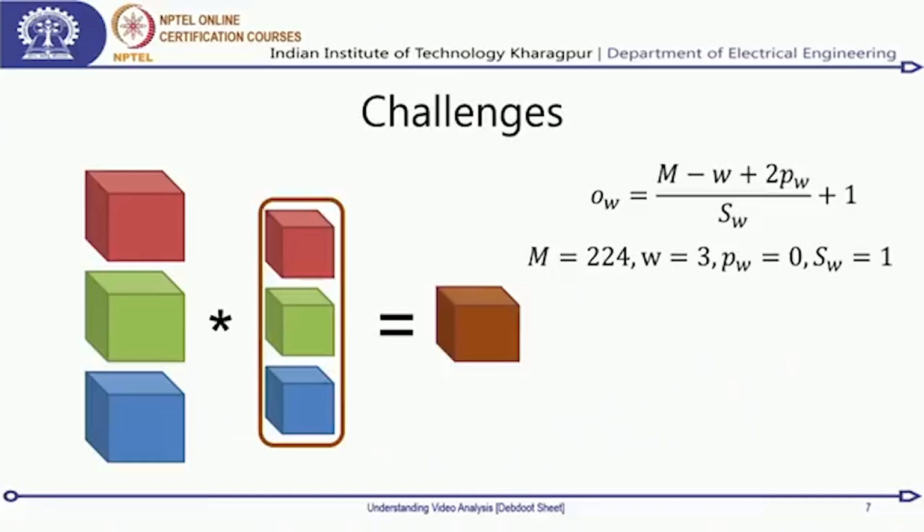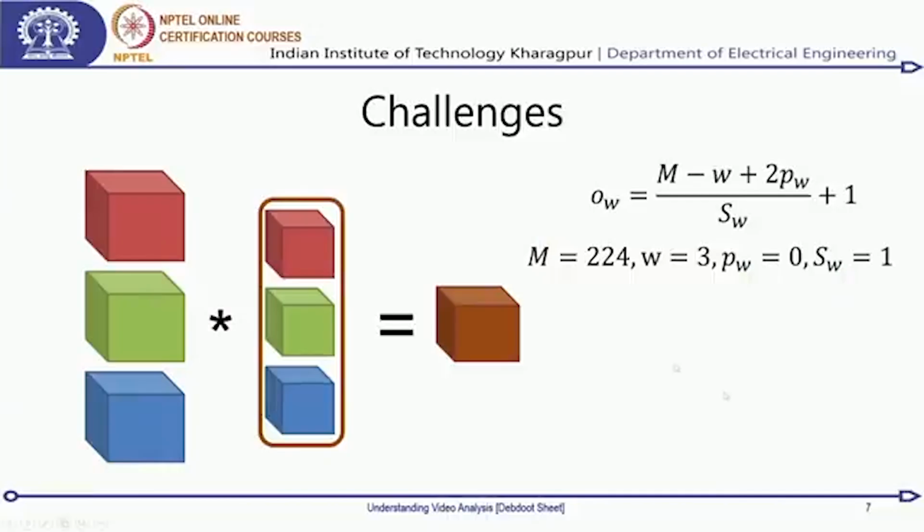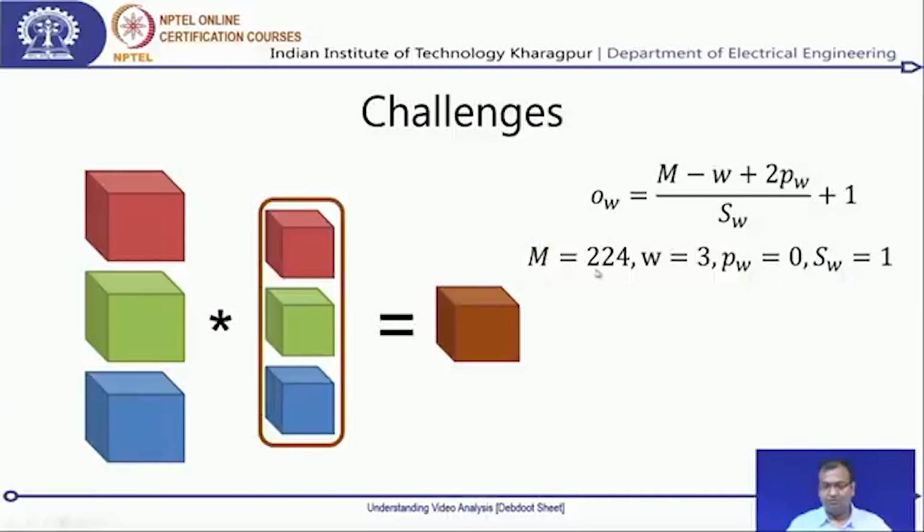So, in that case I can have some fixed number of frames over there, but let us look into one of these axes as of now. If m is something like 224 cross 224, and this time has some other dimension, I will come down to that shortly, and say this width w over here is something of the size of 3. My Pw is 0 and Sw is 1. In that case, my Ow actually comes down to be